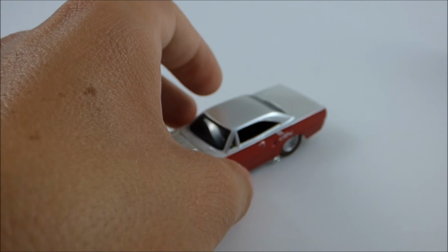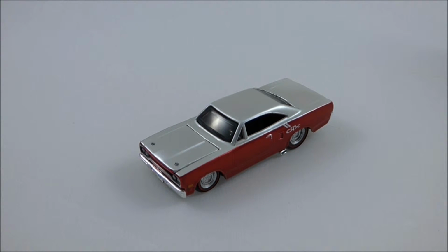And there you go. That's my review of the 1970 Plymouth GTX from Maisto. In my opinion, it's a very highly detailed model. I think they spent a lot of time on it. I do like the fact that you can open the hood and take a look at the engine. And I like that they spent a lot of time putting some detail into the bottom side of this vehicle,